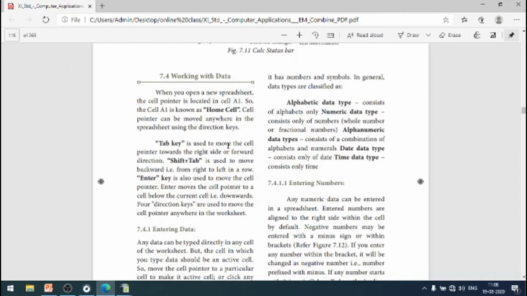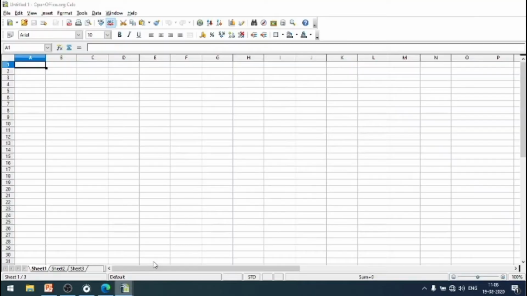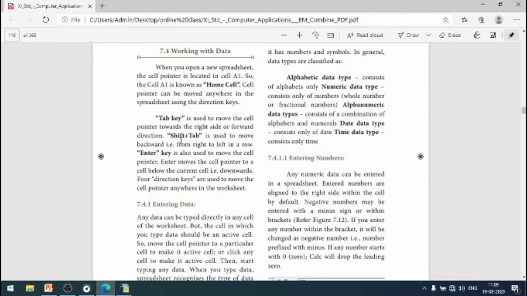Then to move the cursor around the Excel sheet, you can use the down arrow, right arrow, left arrow, then down arrow. You can also use the tab key. Then you can use shift plus tab key to move the cursor in the backward direction. These are all given in this page.